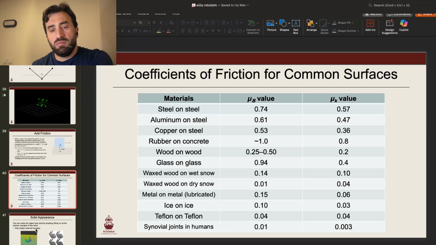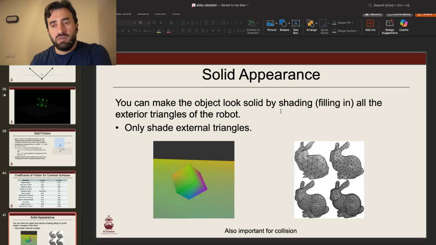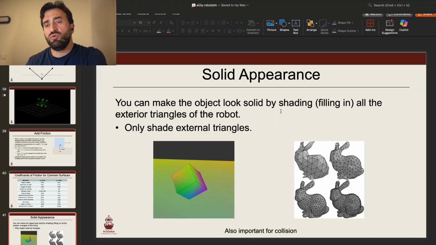So this is how it's calculated. It's calculated by experimenting and recording the results. In terms of visualizing the object, one important point is that you want to make the object look solid,